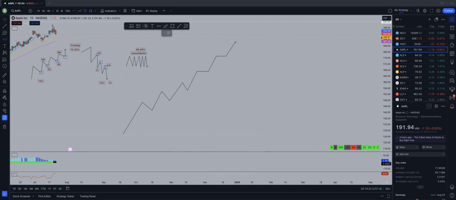And so this can happen in a downtrend too: impulse, correction, impulse, correction, impulse, correction, impulse. And this is how you're going to be able to find your trades. So you're looking for these moments in time when there's no direction, and you're looking to find which way it is going to break out, or which way it is going to start trending in the next moment in time, right? So like if we go back to the SPY